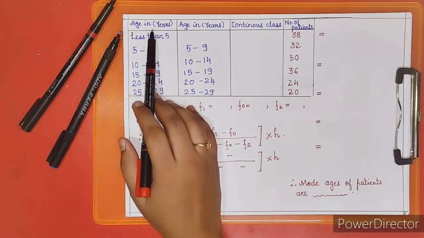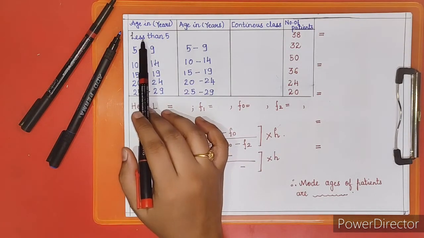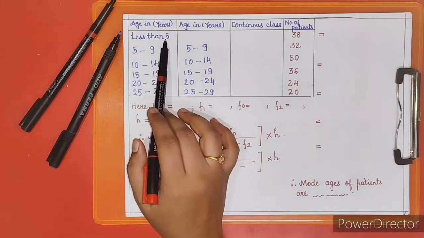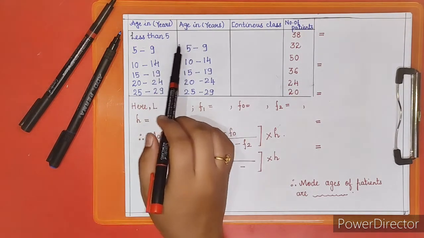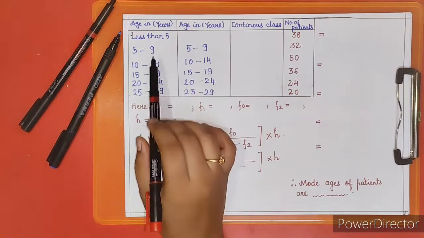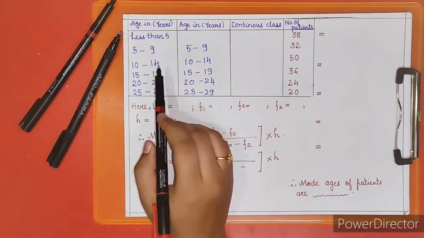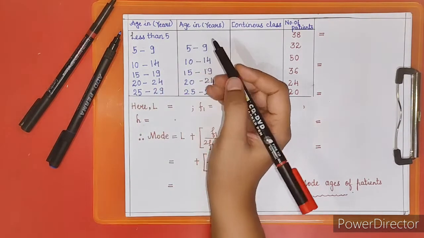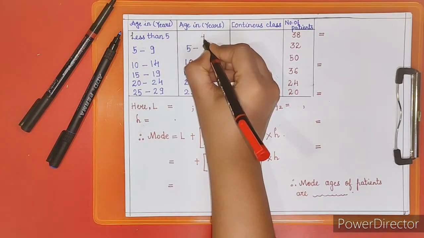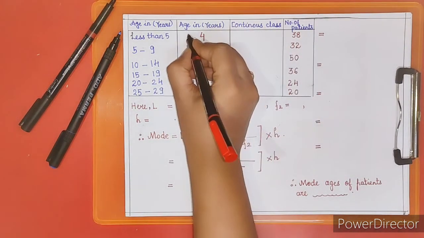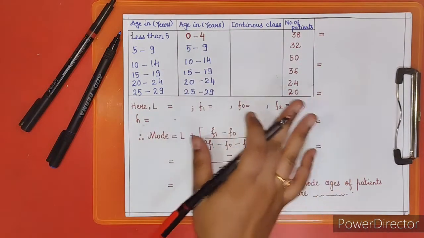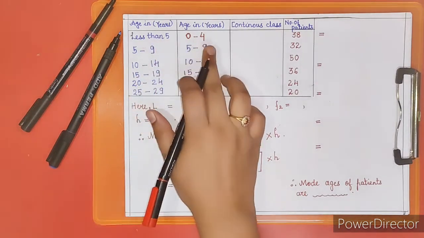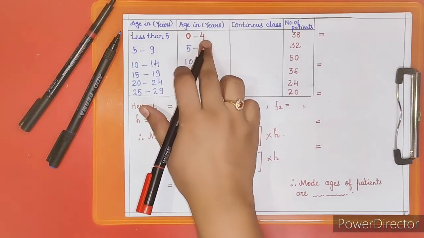Here, I have copied this column from the question, where the first class is written in words, which says less than 5. So to solve here, it should be in numbers. So for that reason, to make you understand, I have written here the same class from the question. So what is less than 5? The less than 5 is 4, and the age of a person starts from 0. So your first class will be 0 to 4. Okay, so instead of less than 5, in the column you have to write 0 to 4.